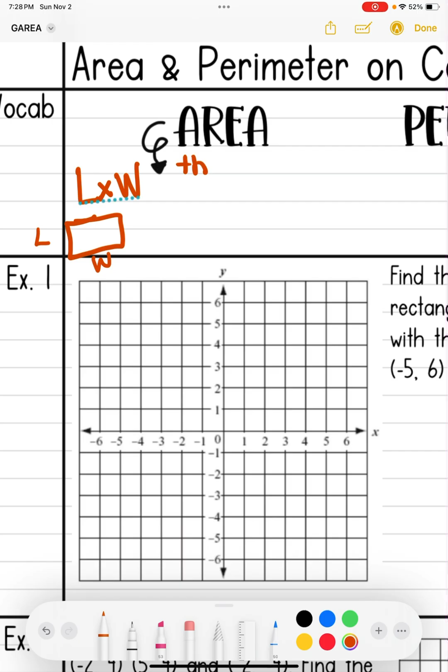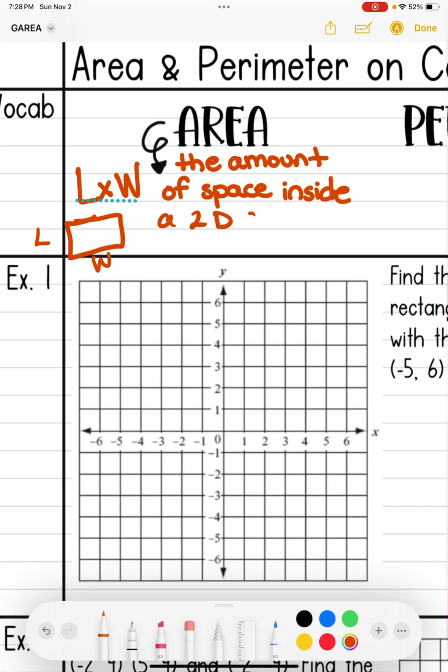The amount of space inside a 2D shape. Okay, so I'm specifically talking about the inside here. So that means this space in here. So if I were talking about, say, a bedroom, and I wanted to put carpet down, I would need to solve for the area. Or if I'm talking about a field, all of the grass that's in the inside